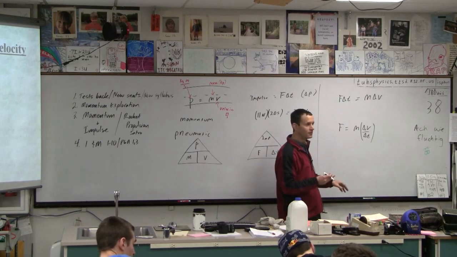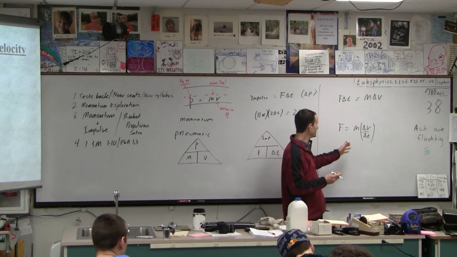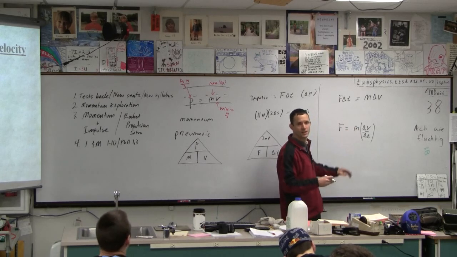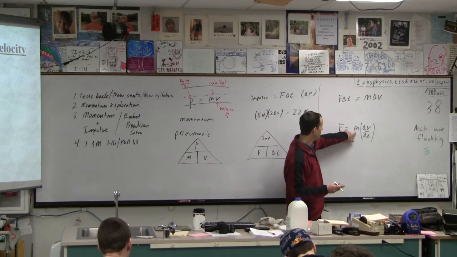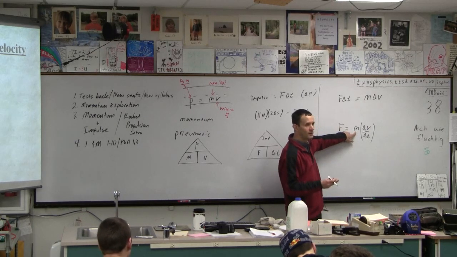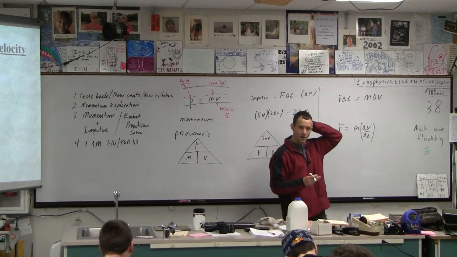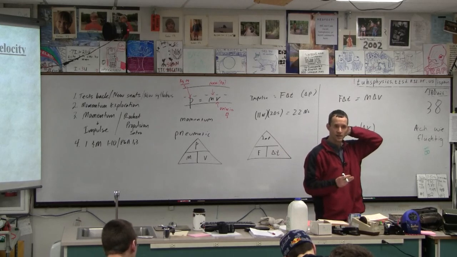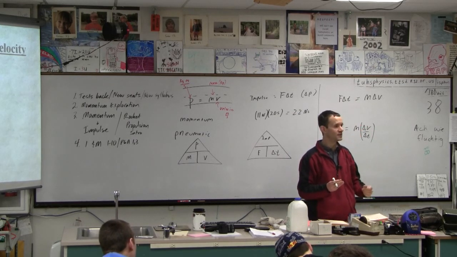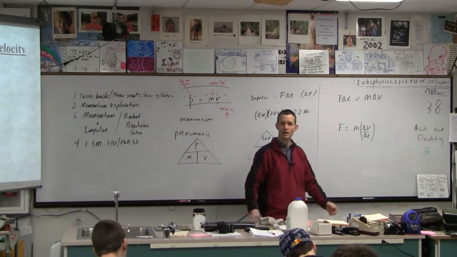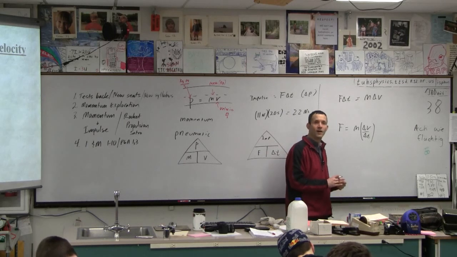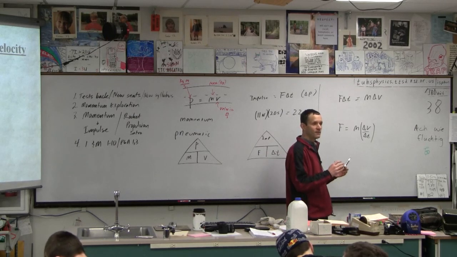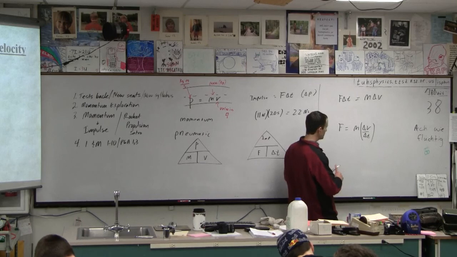Now, a historical note is that Sir Isaac Newton, who came up with F equals ma, really didn't say F equals ma. What he said was that force is the time rate of change of momentum. In fact, what he said was force is equal to the time derivative of momentum. And everybody said, what's a derivative? And he said, well, that's the rate of change. And they said, what's the rate of change? He said, well, that's in calculus. And they said, what's calculus? He said, oh, I invented calculus too, right? Here's this calculus, and you've got to learn that first. And all first-year college students have hated him from then on. It was a thing. Anyway,